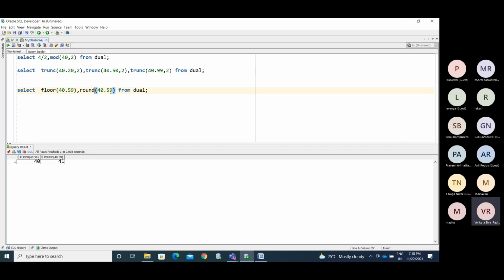If I use 40.01, you will also get 40 with floor. So what is the previous integer value? You treat it as 40. So 40.99 also gives 40 with floor.